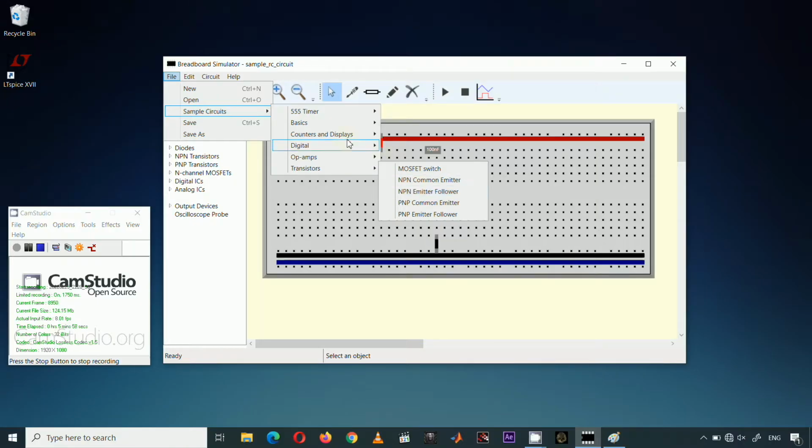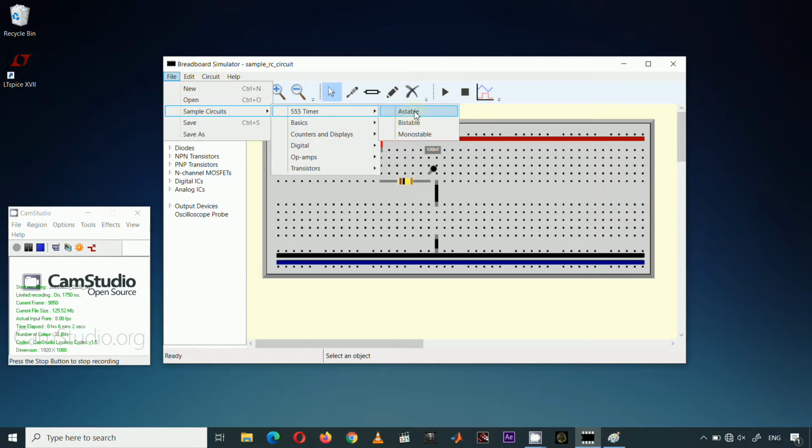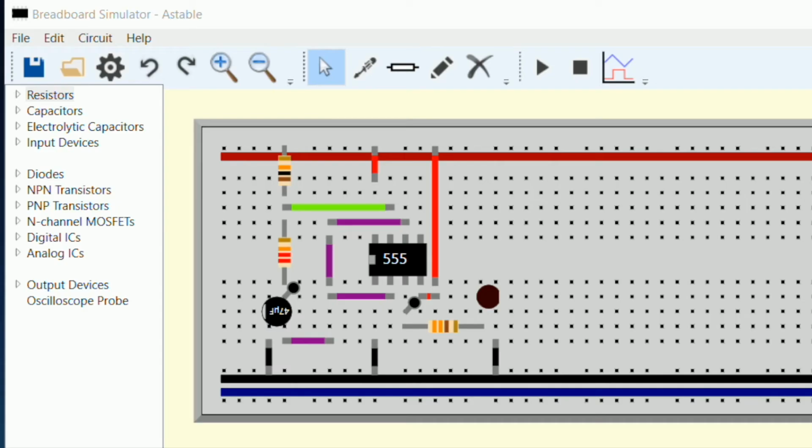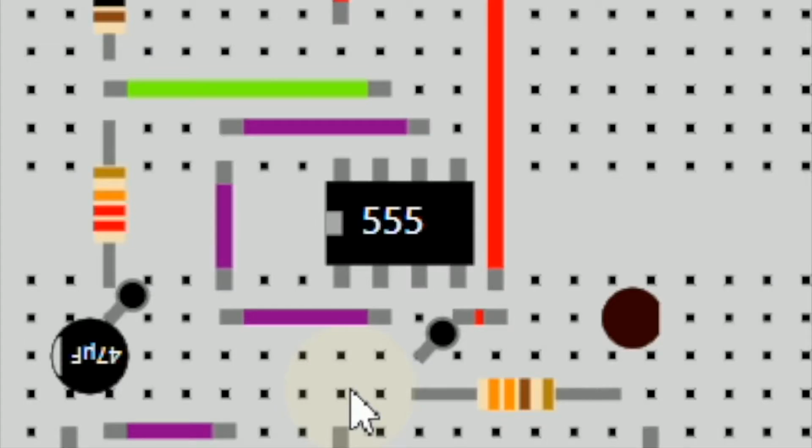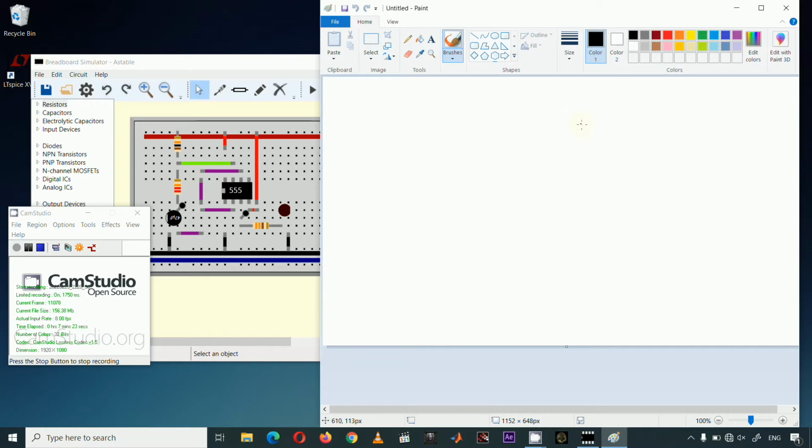For example, let's load an astable 555 timer circuit. Notice that it has two oscilloscope probes so that when we run this circuit, it will display the voltage signal from these nodes. 555 timer has 8 pins. If I try to draw this 555 timer,